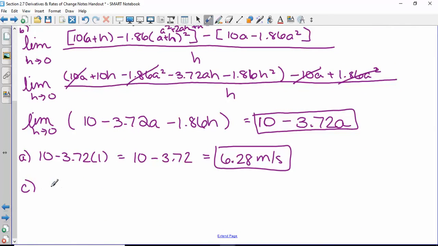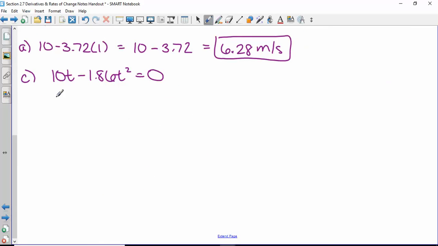So all you have to do is set that original one equal to 0. And you could factor a t out. So if we set each part to 0,